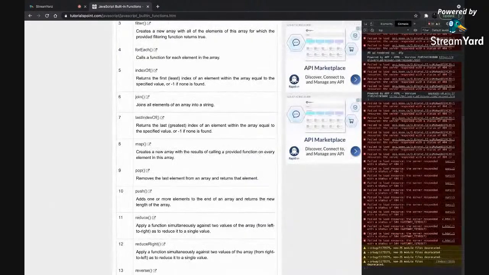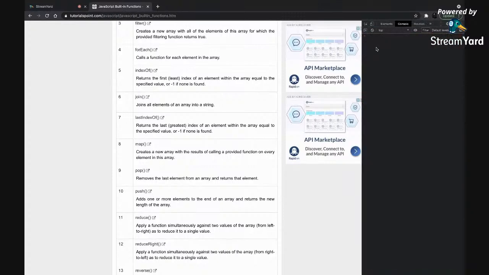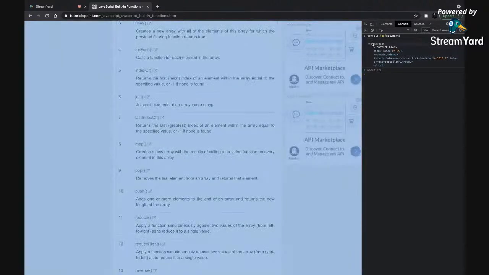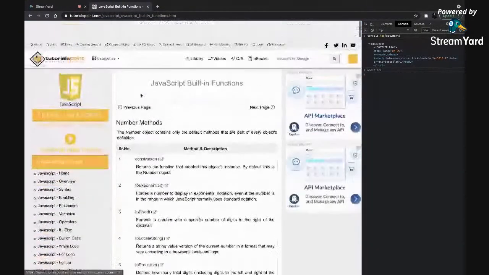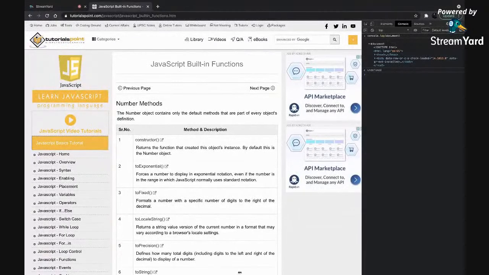In fact, if I open this and I just do console.log document, it gives you this. You see, it gave you the entire web page, right? So this entire web page is a document.